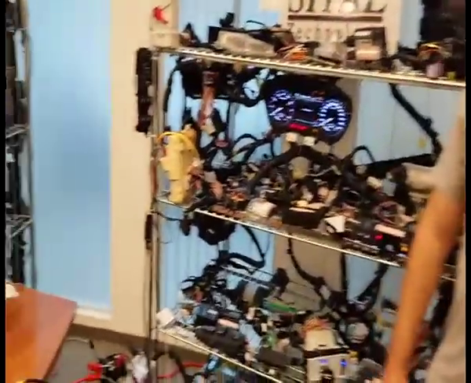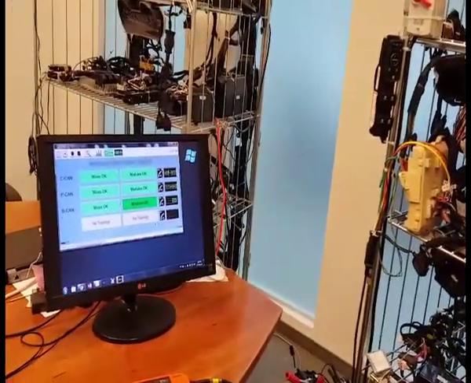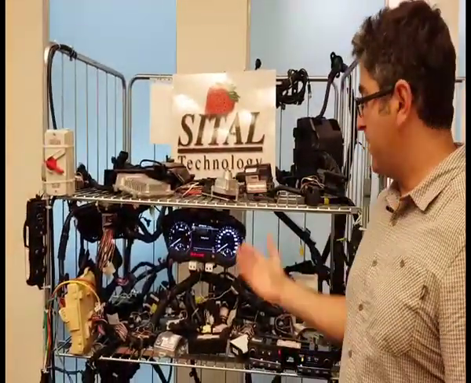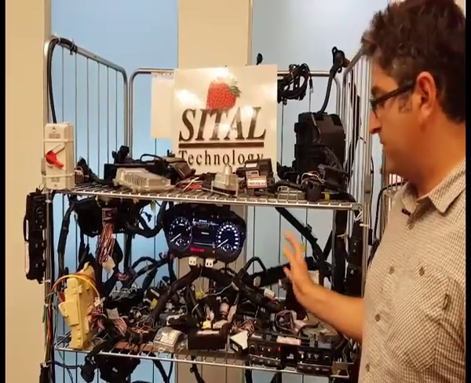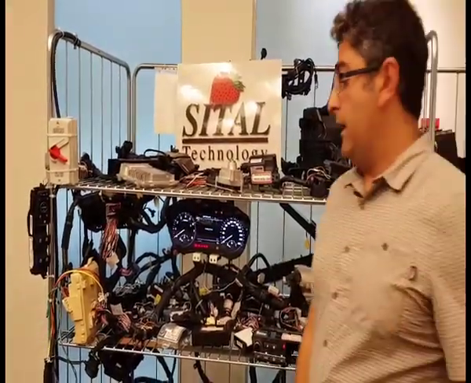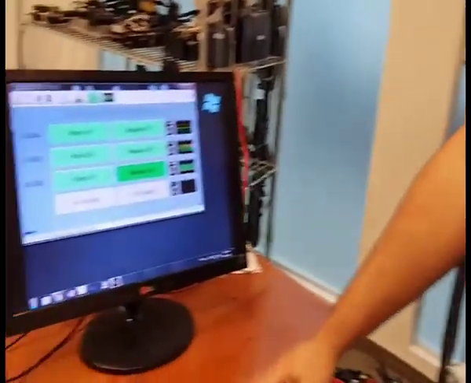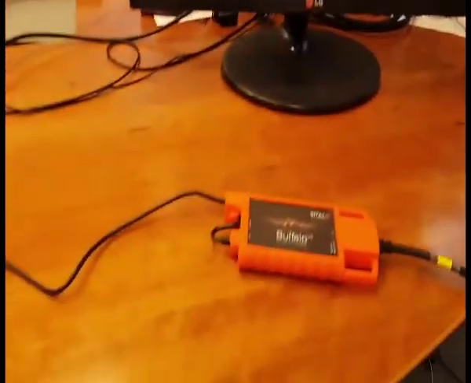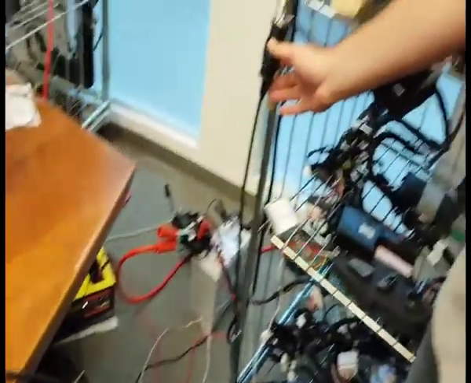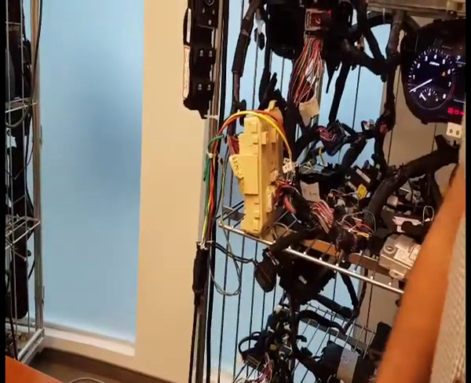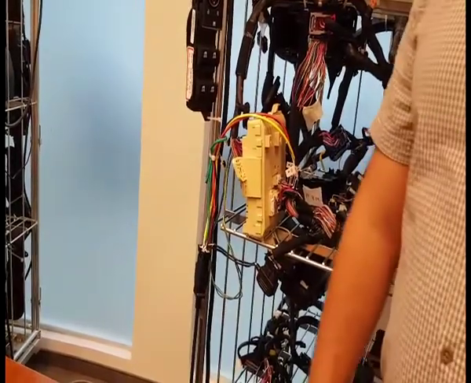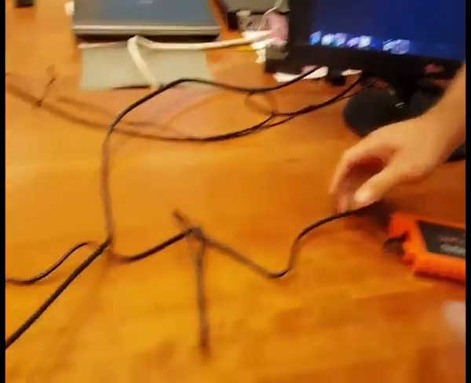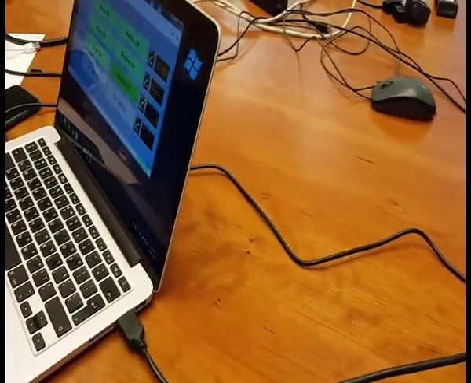Just a few words about our setup before we begin. Together with me, we have a live vehicle electrical wiring harness. It's up and running, as you can see, with all of the different ECUs. We have our tool, the Buffalo equipment, which is on one hand connected to the vehicle's OBD port, through which we have access to the different vehicle CAN bus networks. And on the other hand, we have the USB cable that goes into our laptop where we run our software